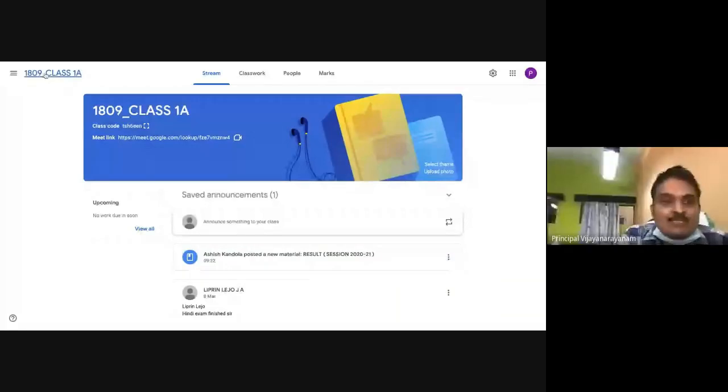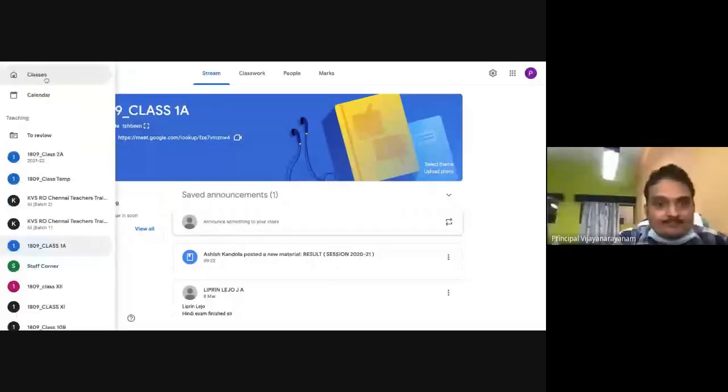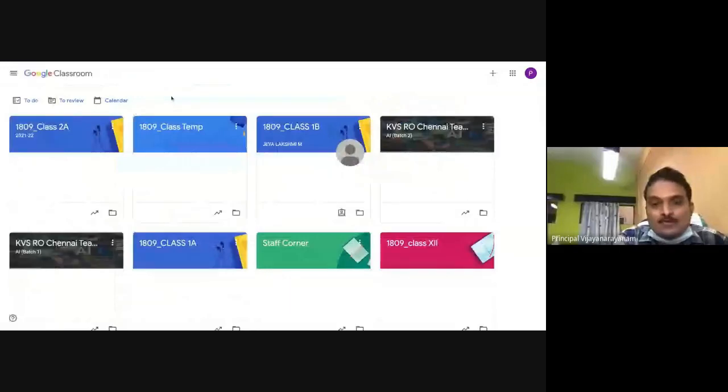Renaming the class, that I'm coming to. Renaming the class, drive and classroom are not connected, sir. Drive serves only as a storage purpose. It is associated with the owners of the file. Whoever is the owner of that file will have access to it. So even if we copy or share, there may be ownership issues.